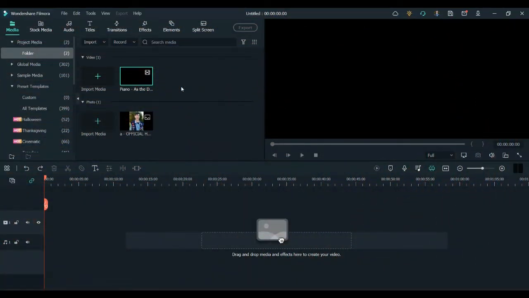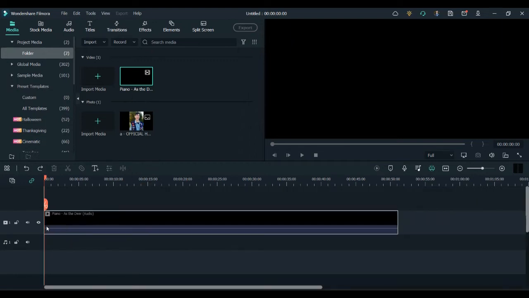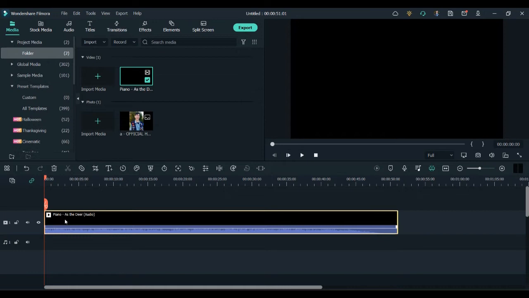Everyone, in this tutorial video I want to teach you how to create music videos with Audio Visualizer using Wondershare Filmora. So for this example I'm using a piano piece that I did called As the Deer, and here's the